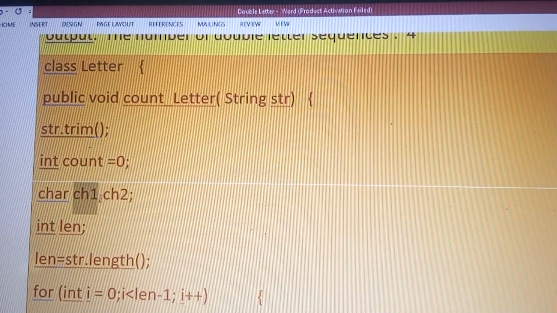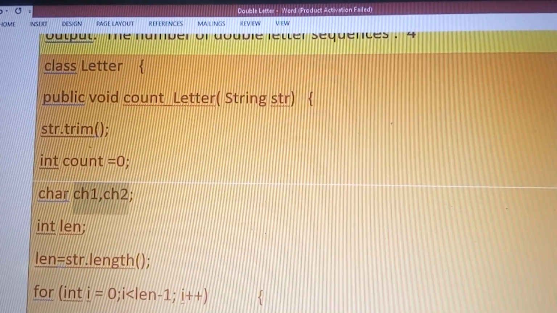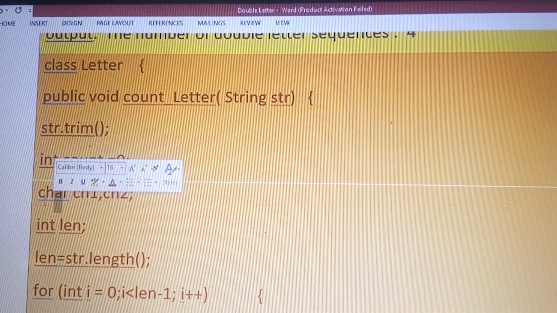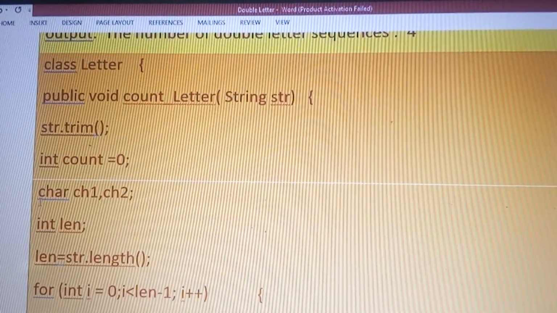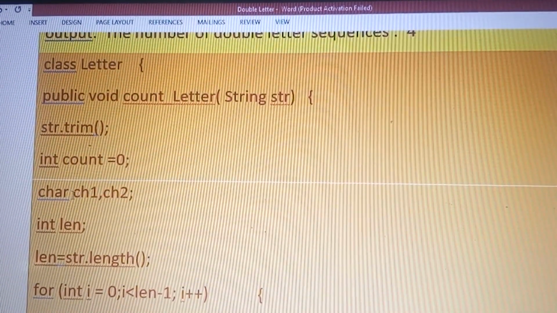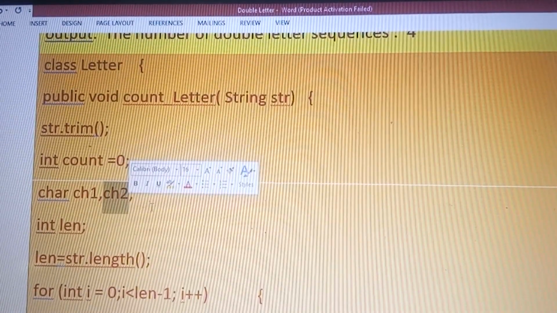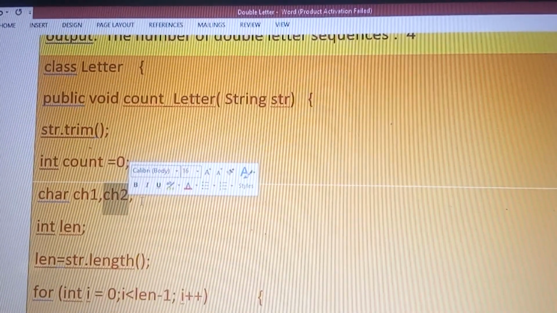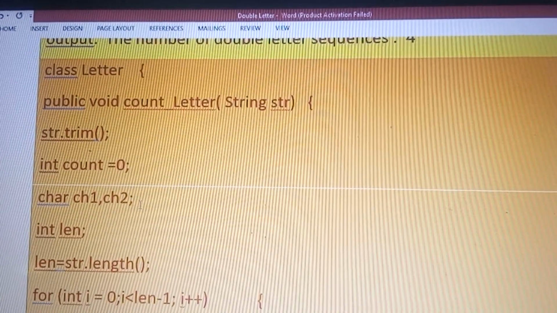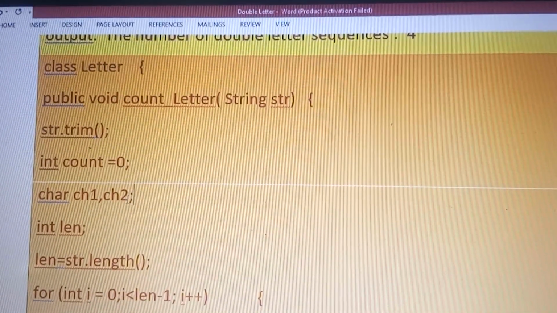Two variables ch1 and ch2 of char type are defined for storing the adjacent characters. Once again, the variables ch1 and ch2 are used for storing the characters in the adjacent index positions in the string.